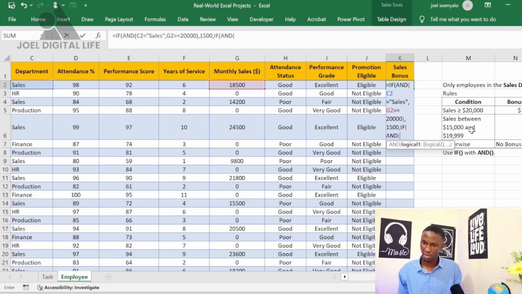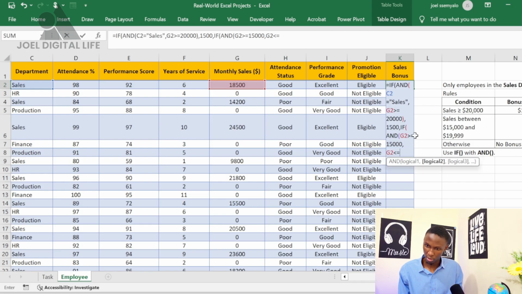The monthly sales is in cell G2, greater or equal to 15,000, comma, and again our cell G2 is less or equal to 19,999. Okay, I close this,